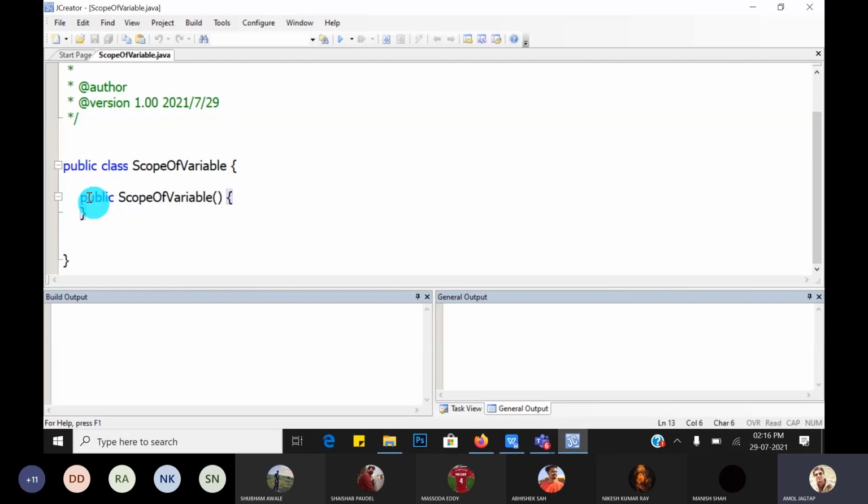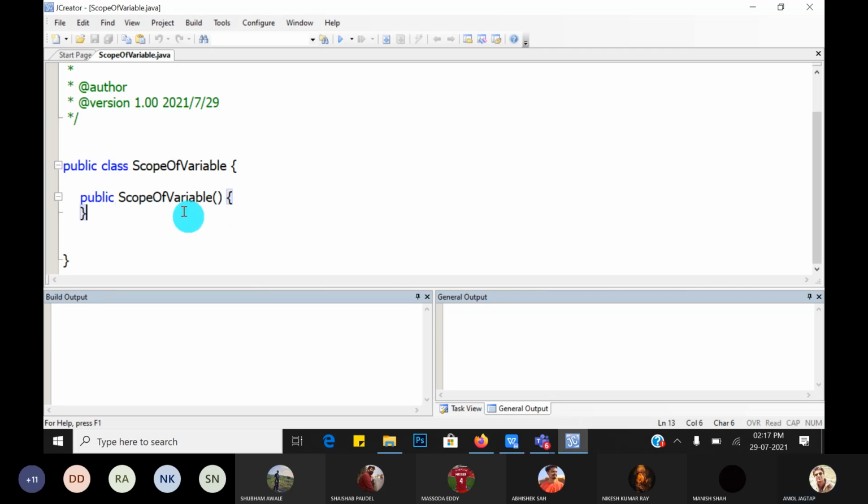It does not have any return type. Public is not a return type, it is an access specifier. There is no return type because a constructor does not have any return type.